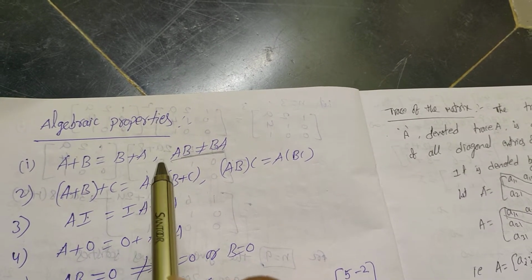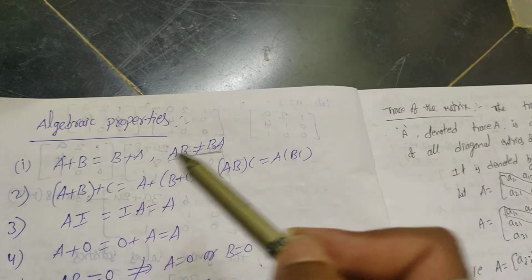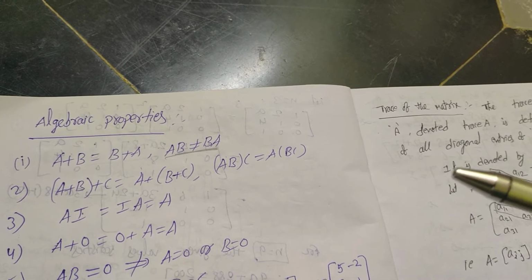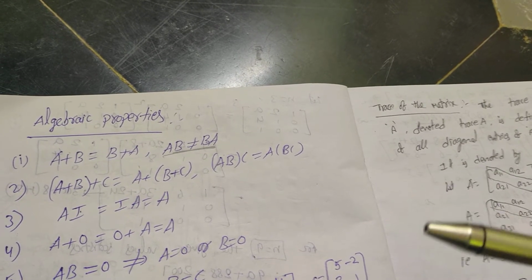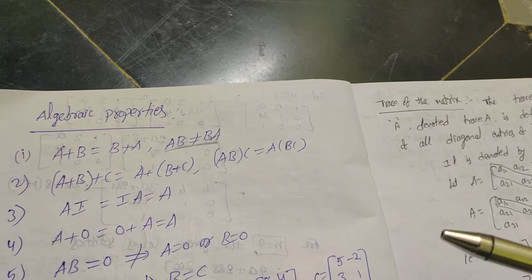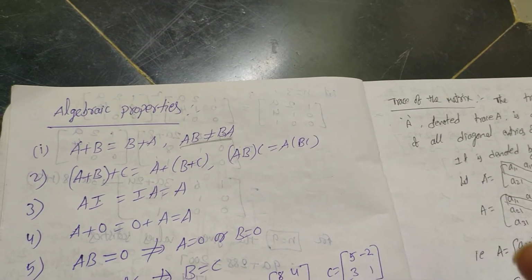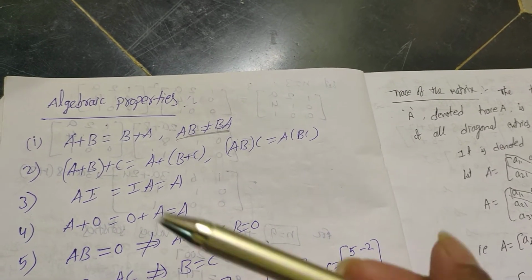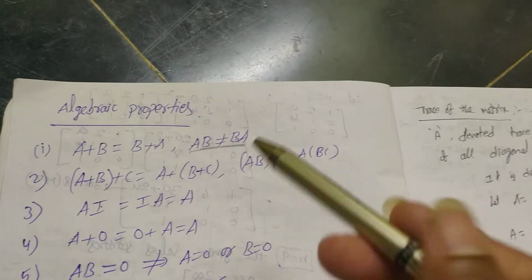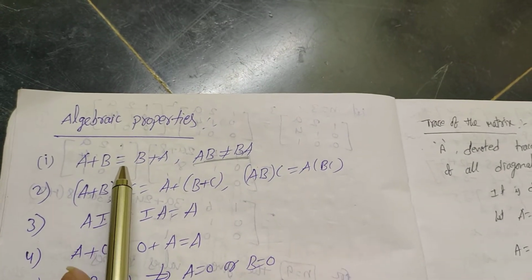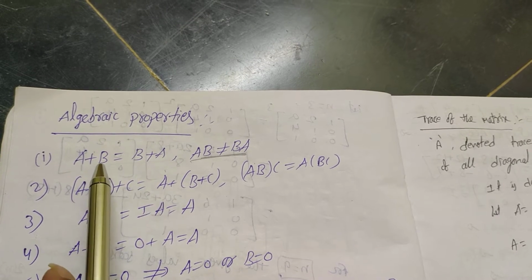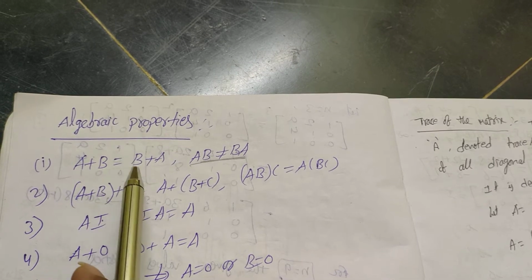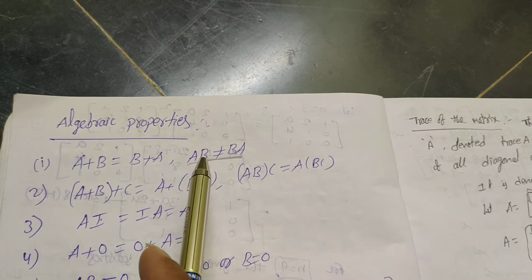In 6th class, 7th class, 8th class, all these follow in matrices. First chapter. Okay, so that means in natural numbers, integers, rational numbers, and all these we have 6th, 7th, 8th. So all those are commutative, associative, identity, inverse, distributive, all these we have. Same like in matrices also. So A + B = B + A means in matrices with respect to addition, commutative holds. With respect to multiplication, commutative does not hold.